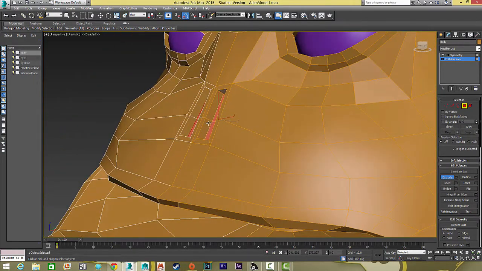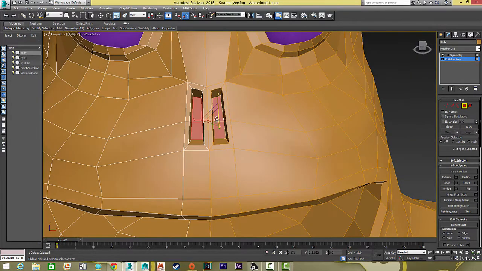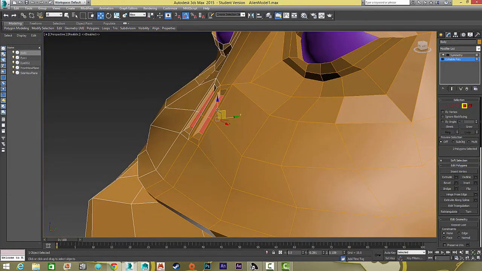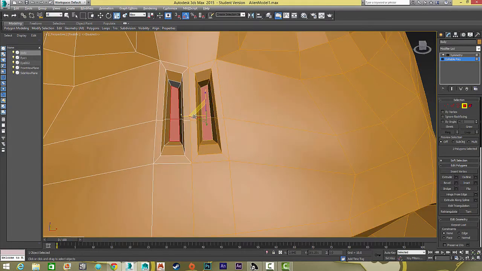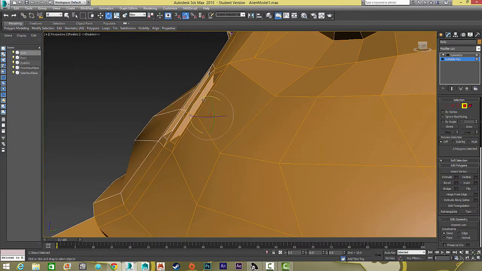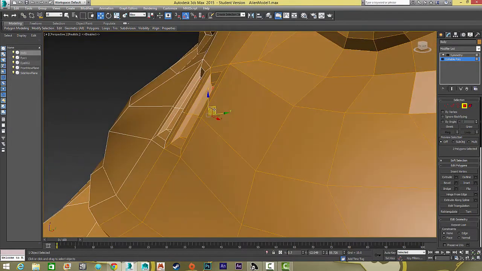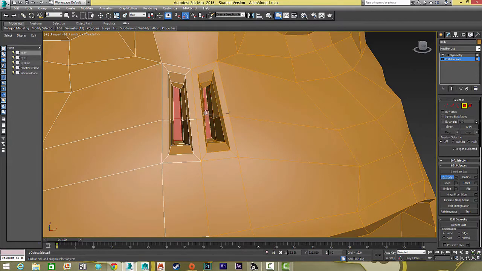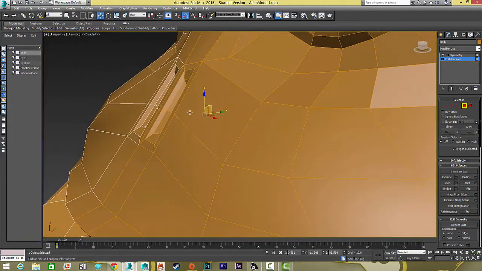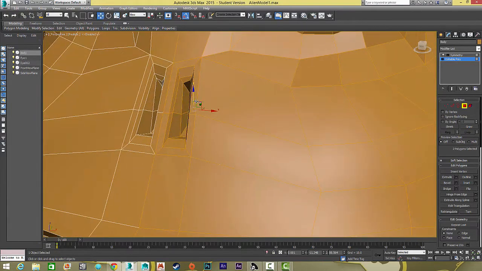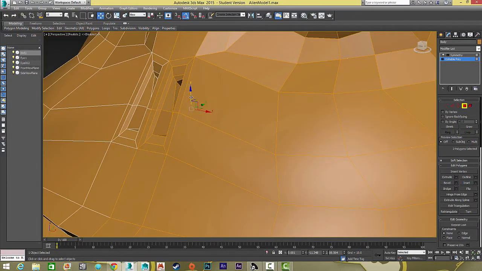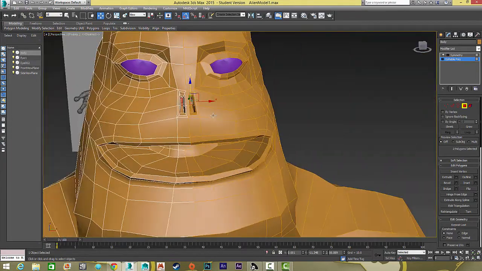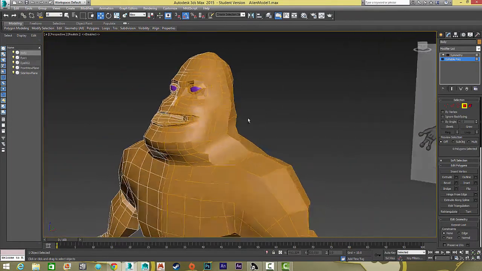But at least for a start, scale this in some, not too crazy. Maybe the first time isn't going to be as drastic. Let's do it again: extrude that, and scale that, which is really insetting in general as well. That way we get a nice little socket rolling. Maybe it's more on the top side than the bottom side. We do that one more time. Maybe it's once again more on the top than the bottom. It's at least a good start for the nostril. Okay, so for the